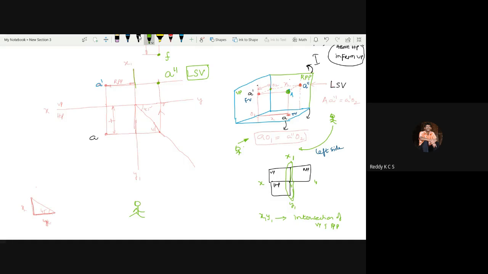So on the right side, you are going to get the left side view. On the left side, you are going to get the right side view. Similarly, this right profile plane will be removed and you are going to keep the left profile plane on this side, when the observer is moving to the right side.